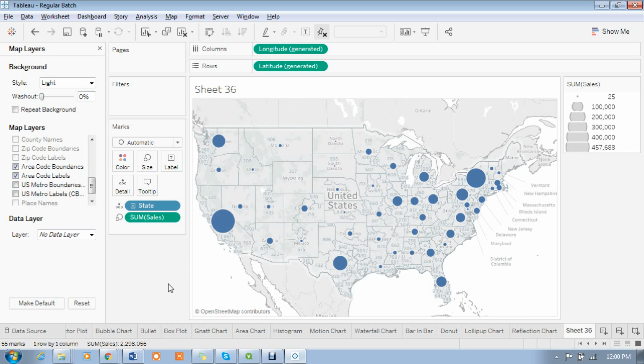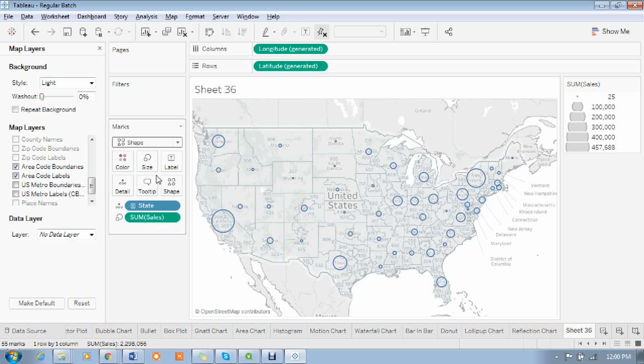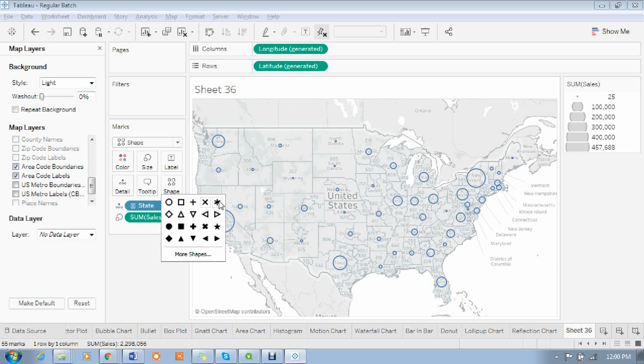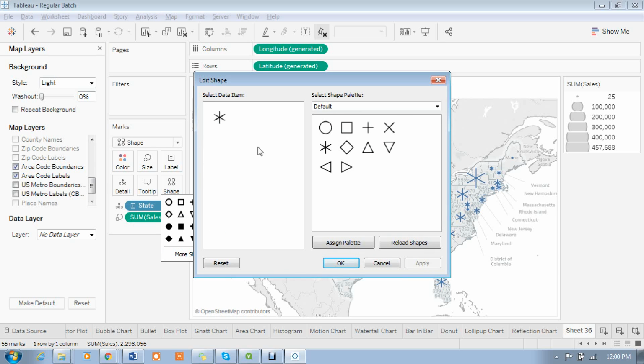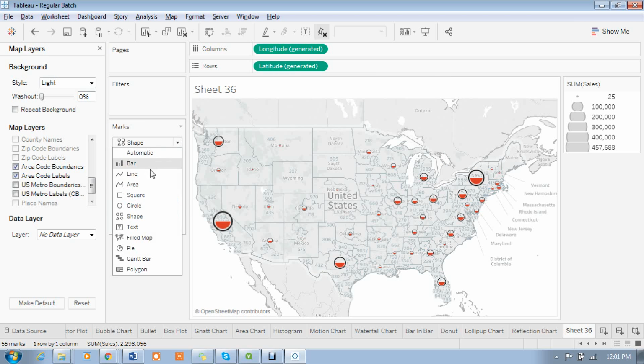Okay, however you want to display, we just have to play with all these options available, madam. But there are two types of geographical display, one is filled, one is dotted, madam. Here, this one, right, you can change the shapes also. It is not only one shape you are displaying, you can change the shape also. Any shape you want, simply go and change. Okay, we can display this way also, or we can display line graphs also here, madam.